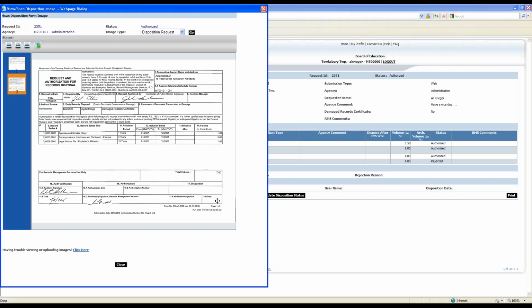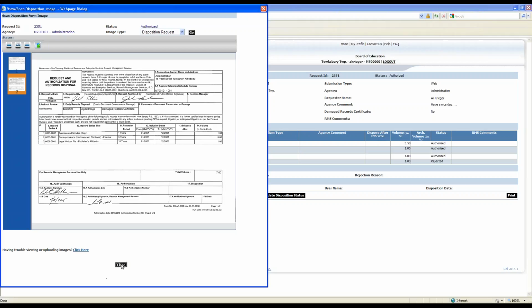Technically, until you send that last page back to the state or notify them that the records have been disposed of, the state thinks you still have the records. It's still not official that the records have been disposed of. That's the final step in the process. So if you haven't been sending that last page back and filling out the information in section 17 that says the date and how you disposed of them, and signing off that you disposed of them, I would do that, because technically the state still thinks you have those records.